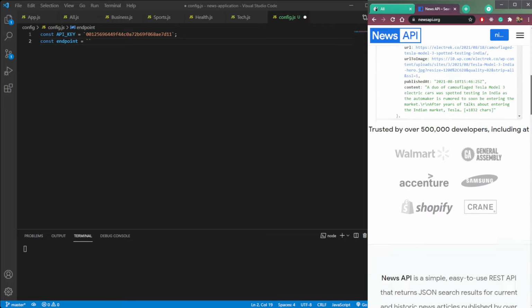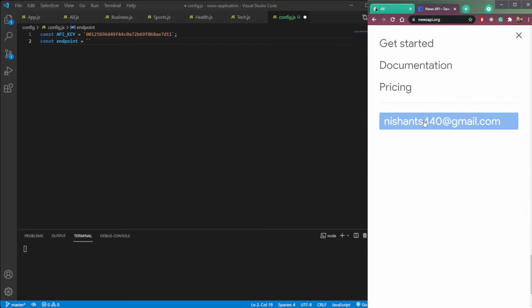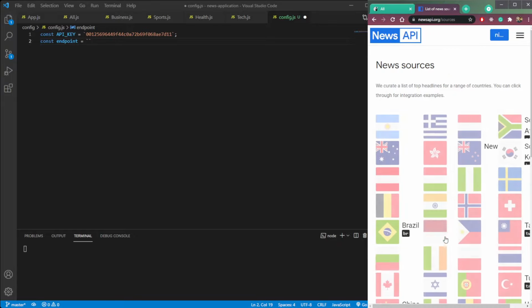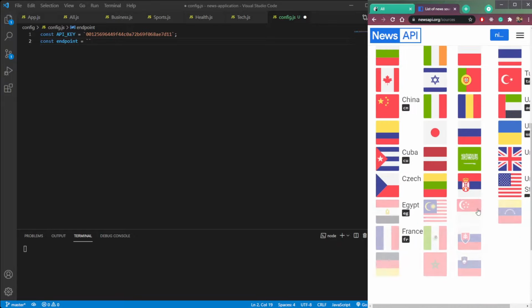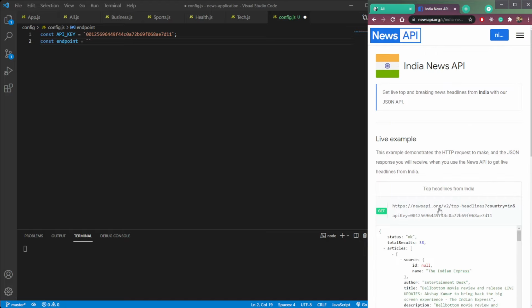So then go down and click this menu icon, then documentation. We need news sources here. Click here. Okay, fine. We need India. So here is India. Click India. Then copy this endpoint here, news API v2 and everything else, and paste it.